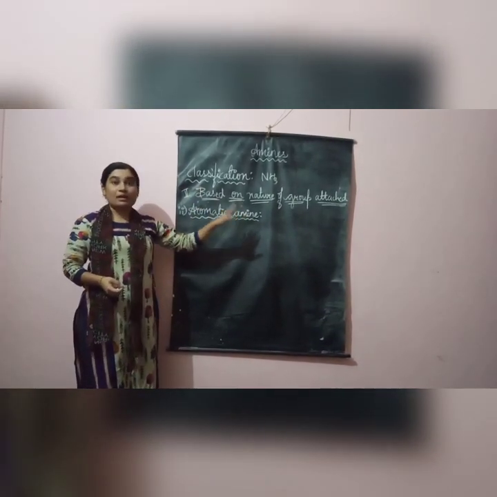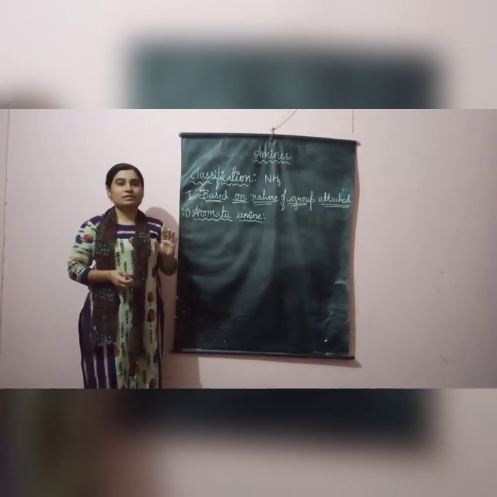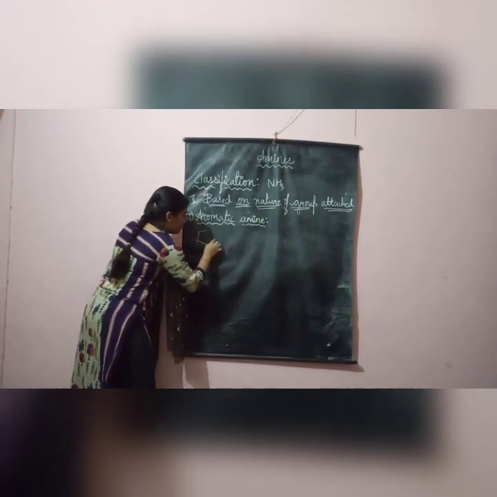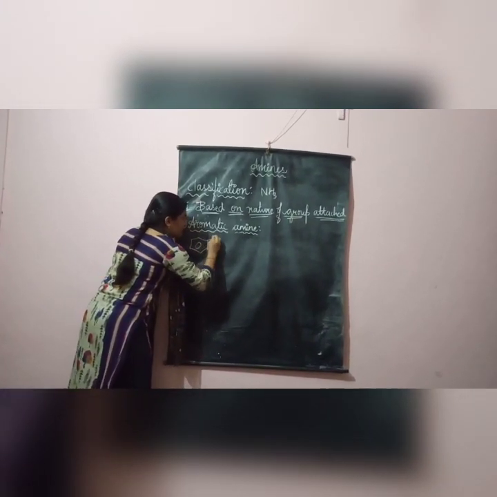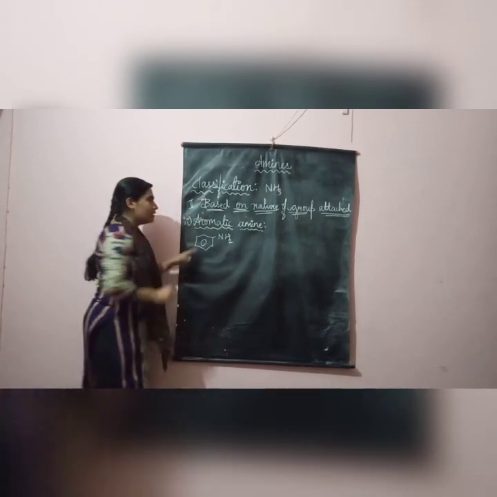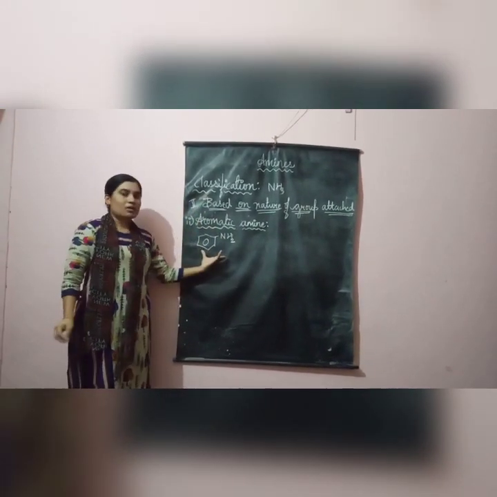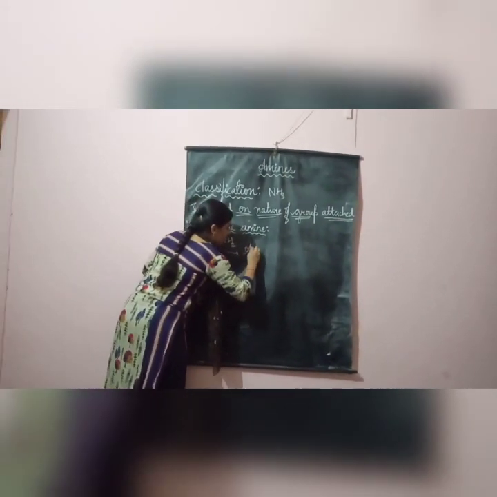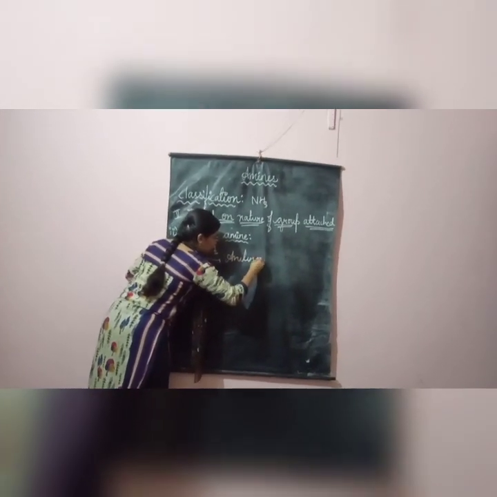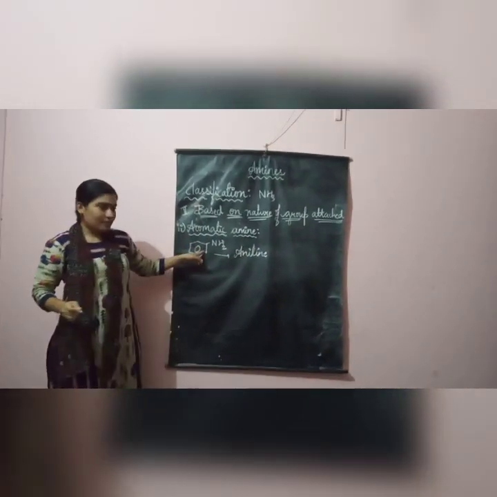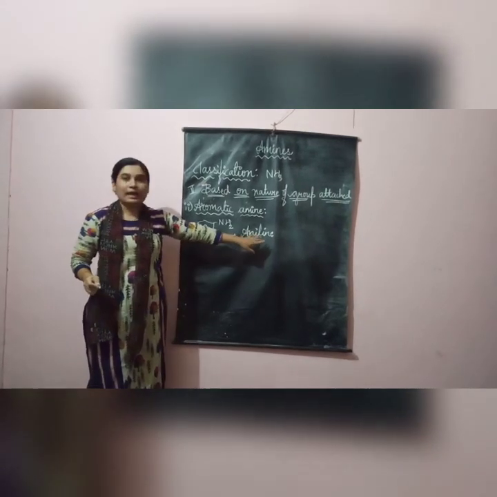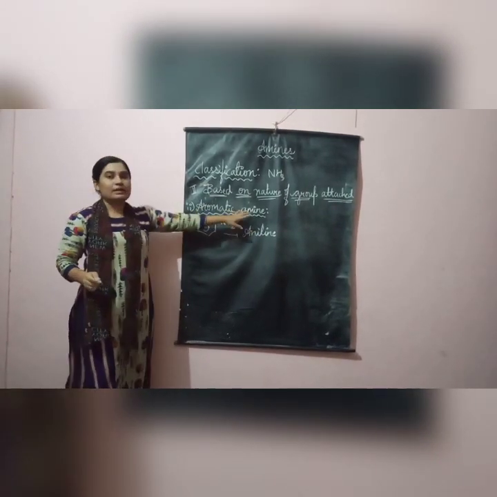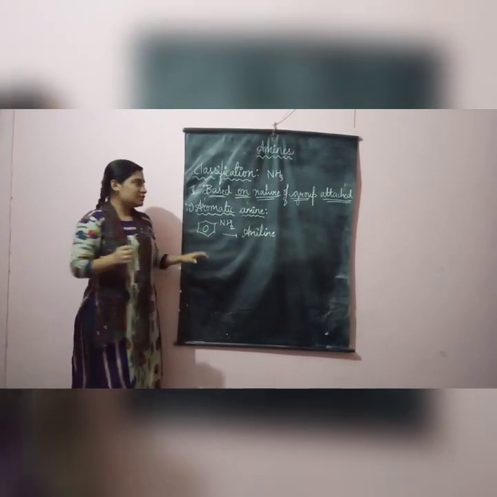Now aromatic amine, compulsorily I should have a benzene ring. So I can write one example here. Benzene NH2, a common example for aromatic amine. The common name for this one is aniline. The common name for benzene attached to NH2 is what? Aniline. So aromatic amine, further it has two classifications.